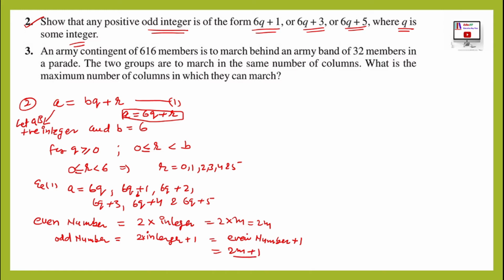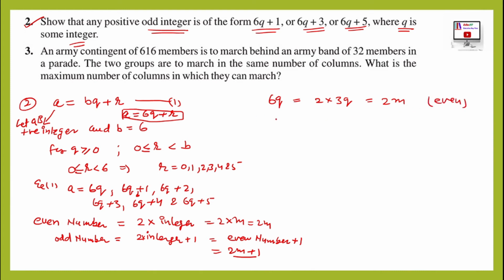So अगर even number में 1 add हो रहा है तो that will be the odd number, और even number, some integer multiplied by 2, or we can say if some integer is divisible by 2, so that will be the even number. So now the numbers are 6q. So a may be 6q, 6q plus 1, 6q plus 2, 6q plus 3, एक एक करके सभी को हम देखेंगे कैसा हो सकता है ये नंबर, इवन हो सकता है या ओड हो सकता है. So this is 2 multiplied by 3q, so 2 multiplied by some integer. So let it be 2m. So this will be even number.